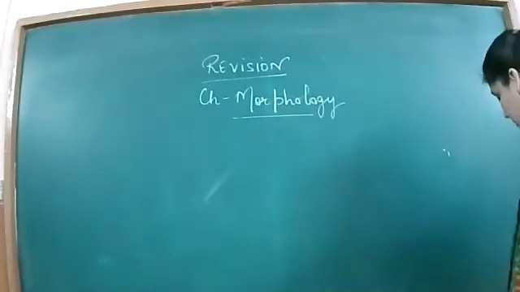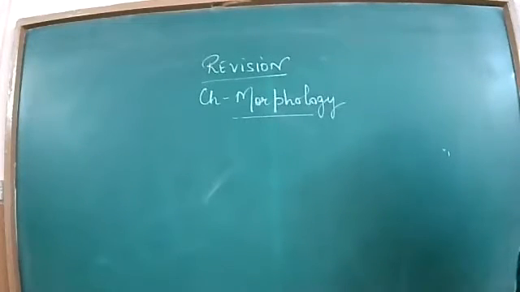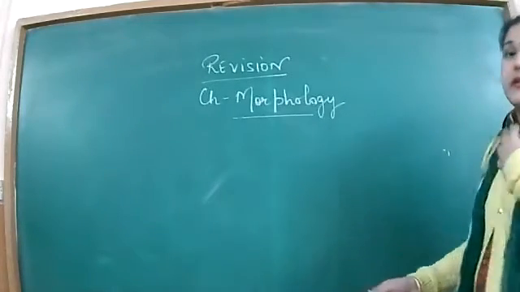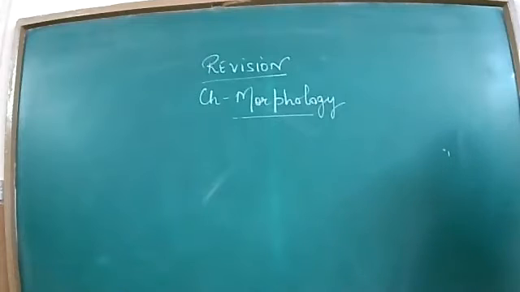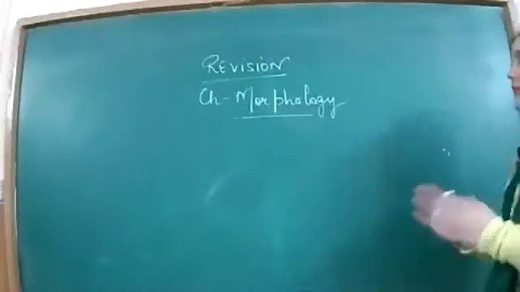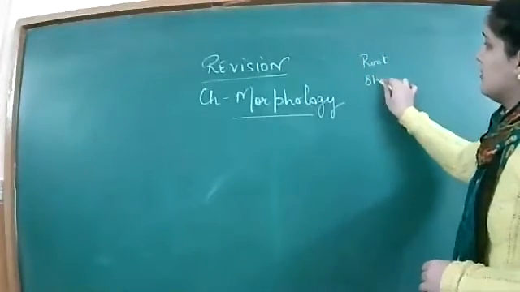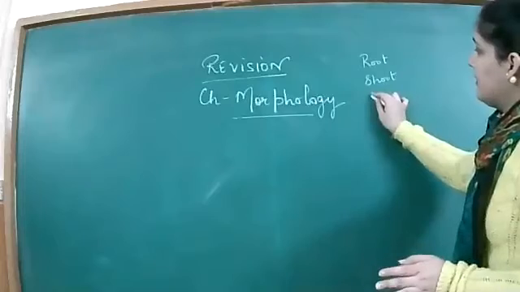Sorry. So now here is the chapter morphology. That's the fourth chapter of your syllabus, right? For this term, that is December exams. So in morphology, already we know that there are certain topics which have been deleted by the CBSE from this chapter. That is, all the vegetative parts have been deleted. You need not study now the root system, the shoot system, as well as the leaf system.